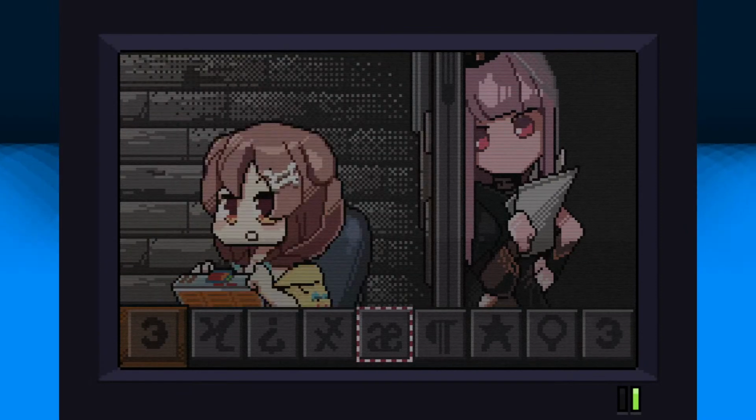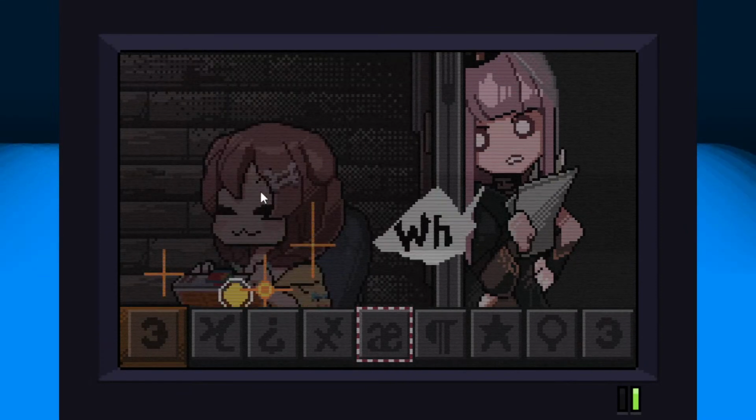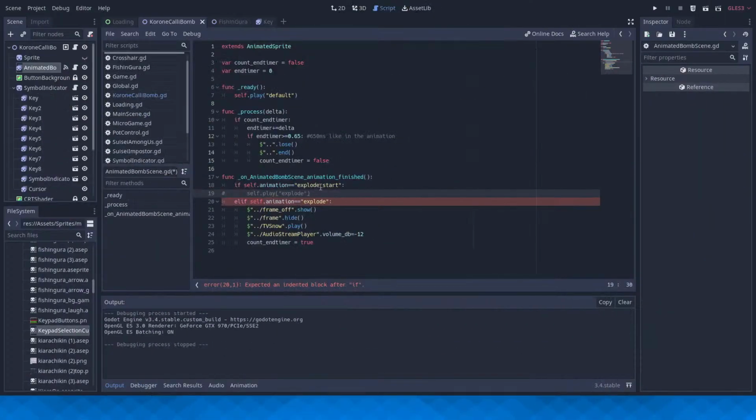And if I comment out explode, oh, so explode is restarting explode start for some reason. That is odd. Right, so now I've boiled it down to this explode statement being faulty for some reason.